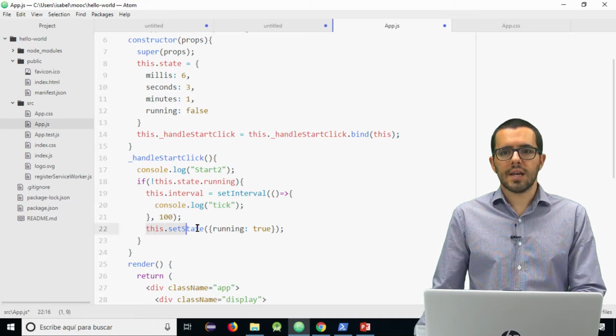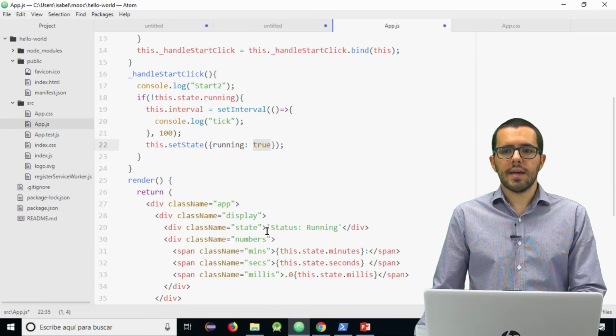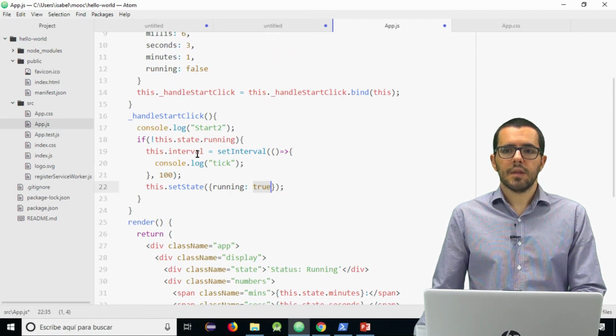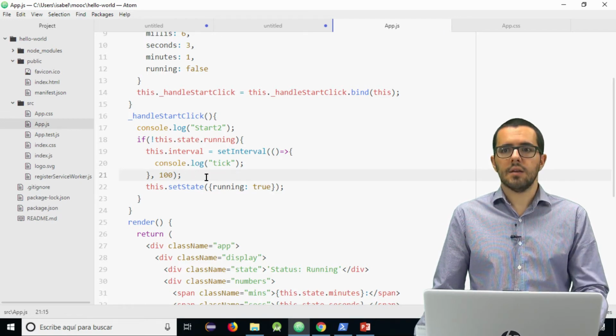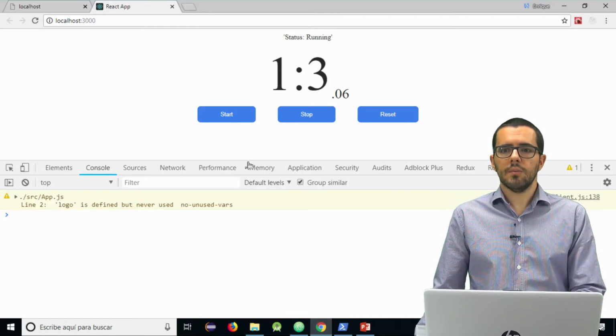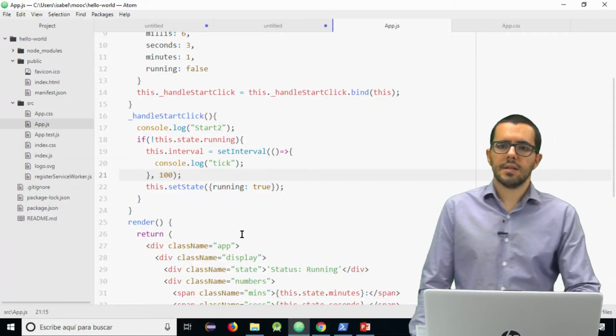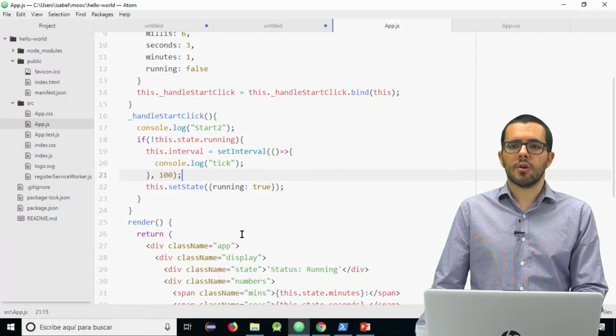And also we change the state saying that the chronometer is running. In case the user clicks again, this won't set another interval. Let's try and see if we have any kind of error. Look, the tick is just ticking and ticking and ticking. Perfect. We have this small improvement in our chronometer.